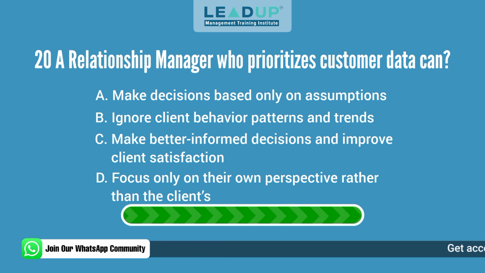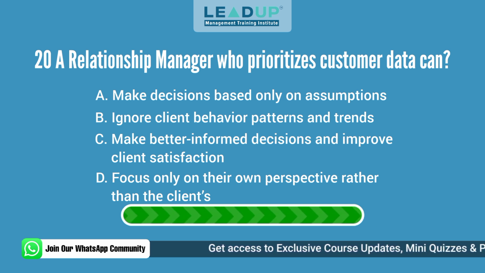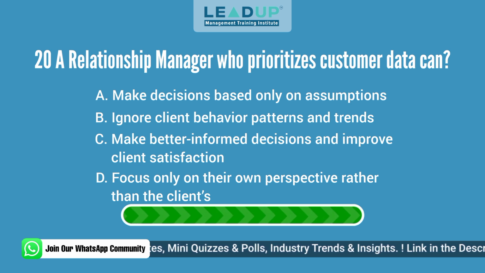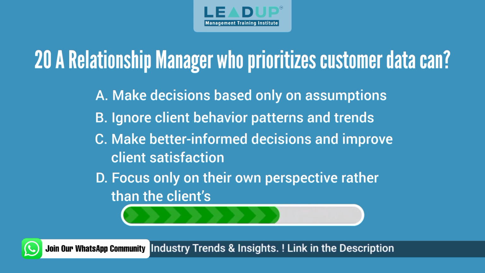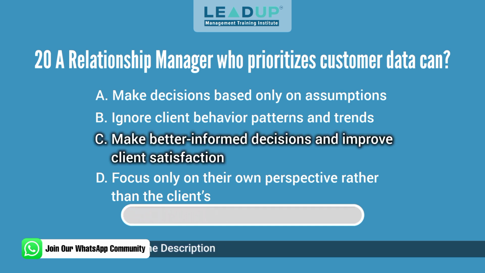Question 20. A relationship manager who prioritizes customer data can A. Make decisions based only on assumptions. B. Ignore client behavior patterns and trends. C. Make better informed decisions and improve client satisfaction. And D. Focus only on their own perspective rather than the client's. Answer: make better informed decisions and improve client